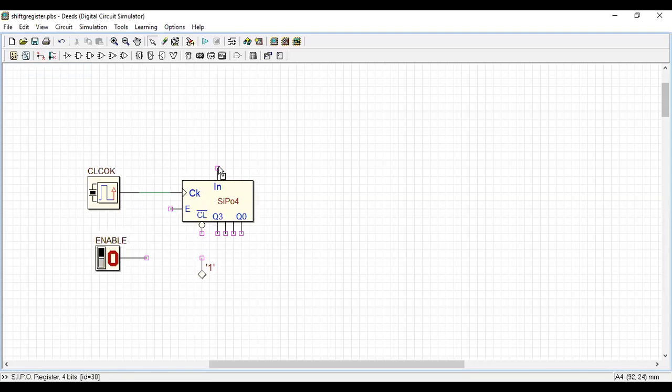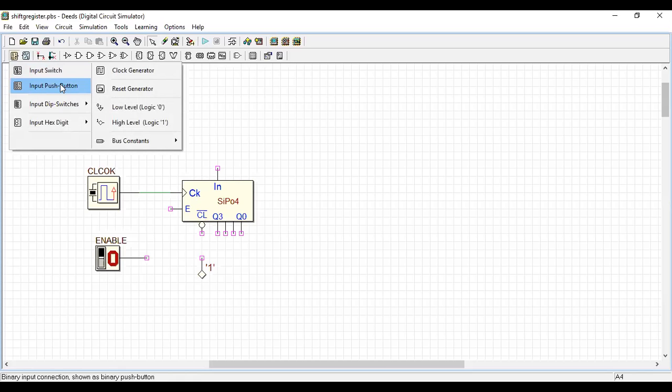And then what is this? This is my input data. It's serial in. Now we are going to design serial in.